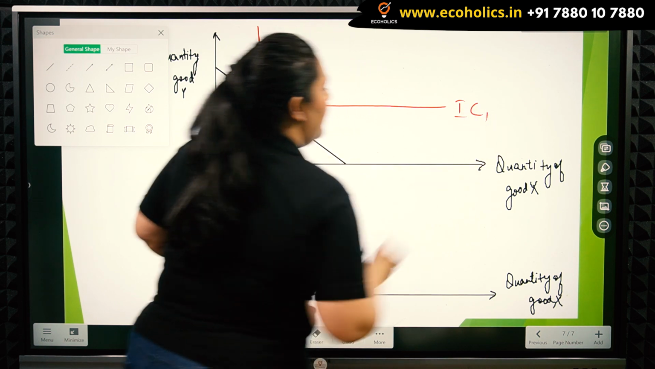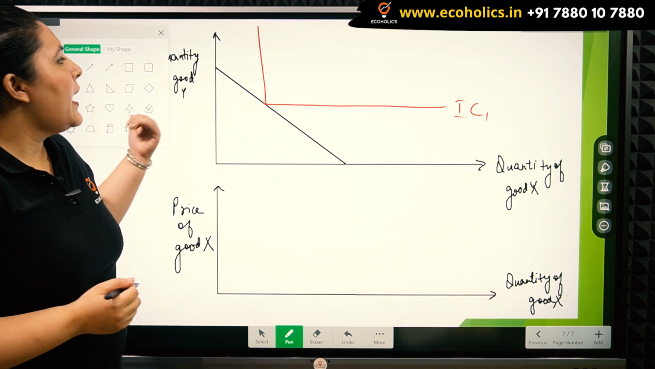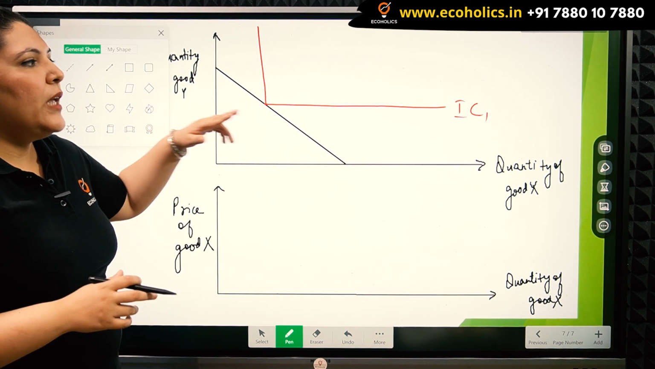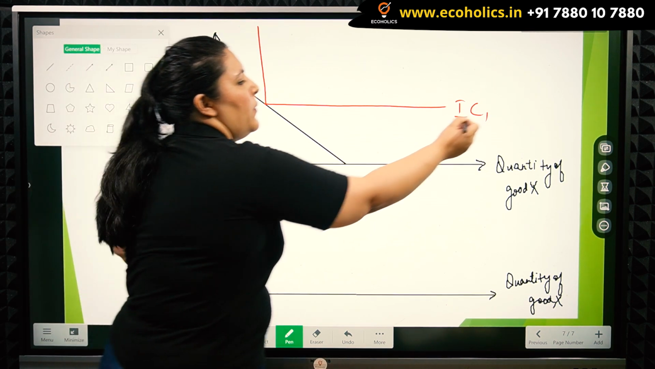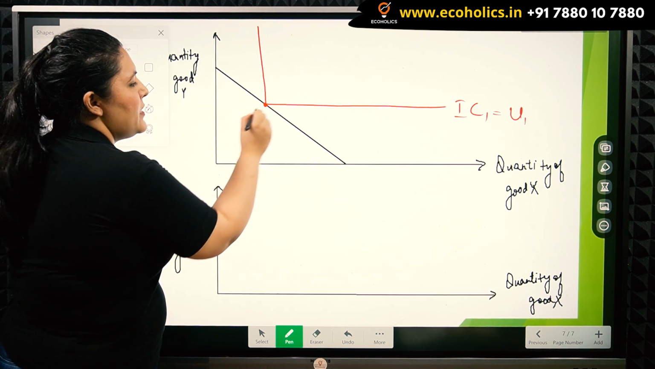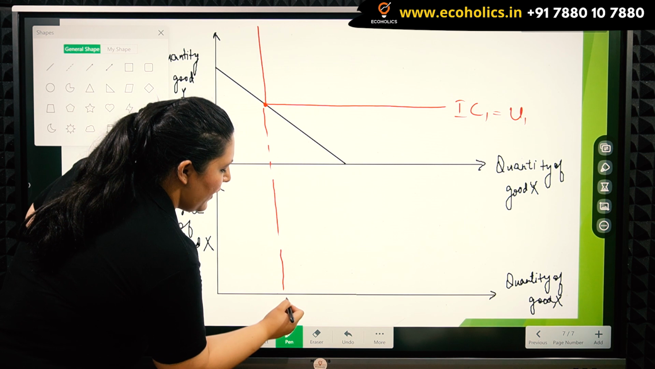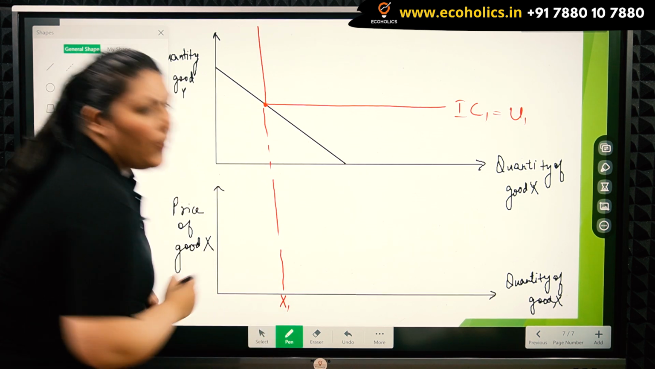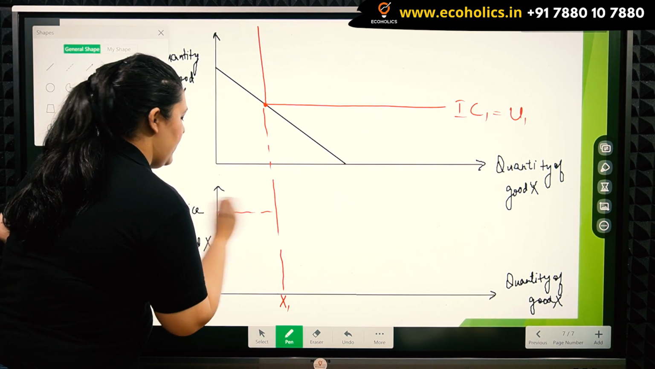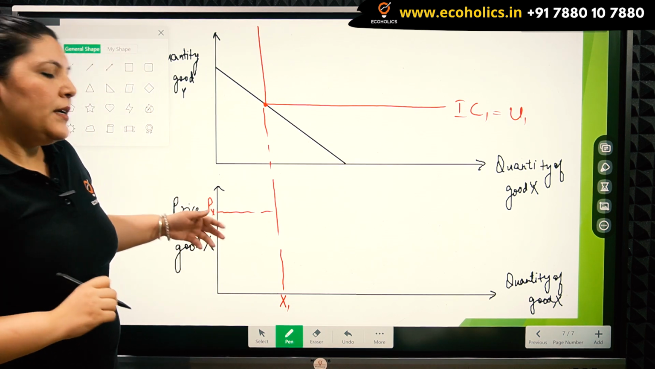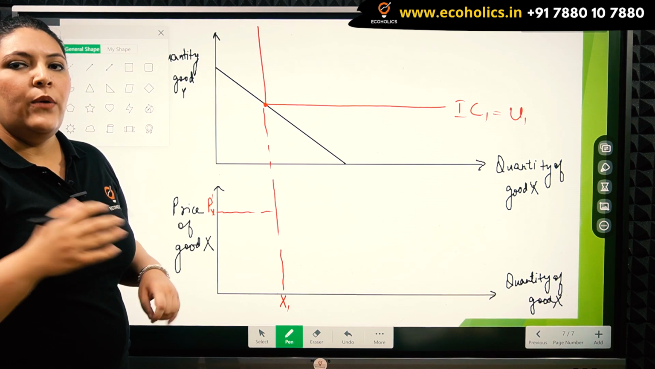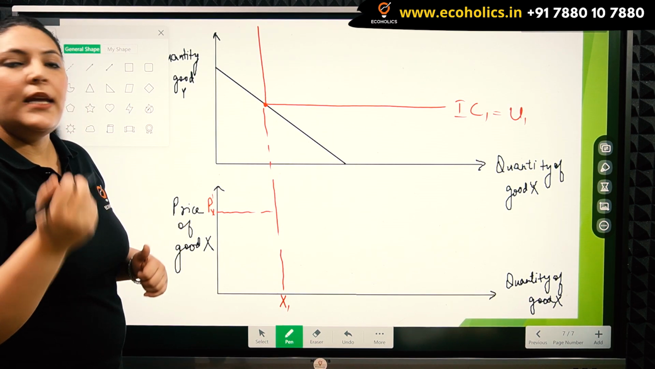This is marked as IC1. This shows that the commodities X and Y will be consumed together by the consumer, who will be getting a utility value equivalent to IC1, say U1. At this point of tangency, we have the desired quantity for good X, and let us assume the price of good X is Px dash here. In case the price of good X now increases, or let's say it decreases,